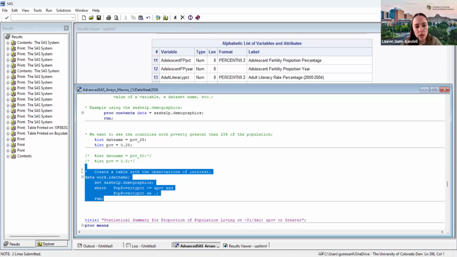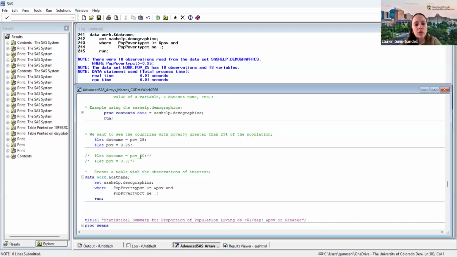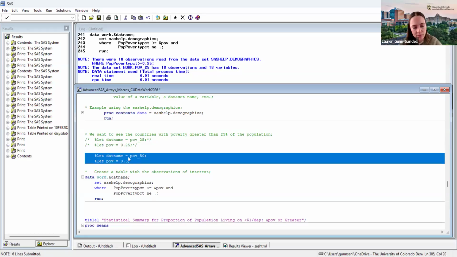And then I can run this data step where I'm doing some manipulation, filtering to the poverty type. And if I look at the log, I've created a data set where there's 18 observations from the demographics data set, and my output data set is specific to the poverty level at 25%. But let's say, you know what, my investigator actually really wants to look at all the countries that were 50%. All I would need to do is change the values of these two macro variables to be 0.5 for the poverty level, and then the new name of my output data set. I run that